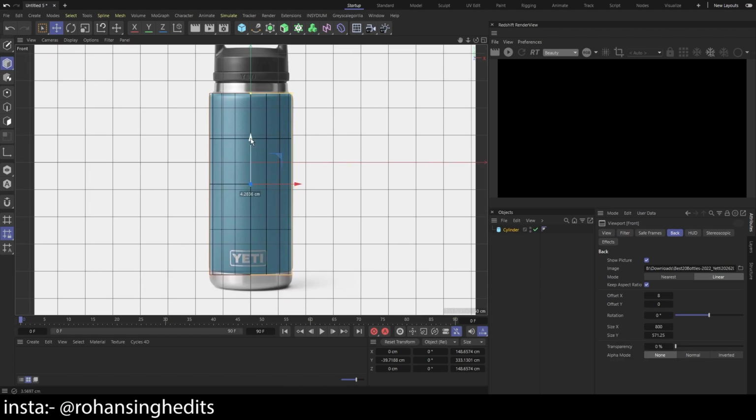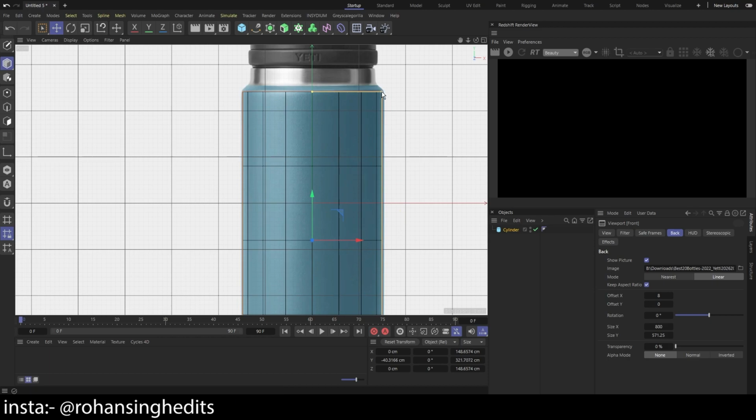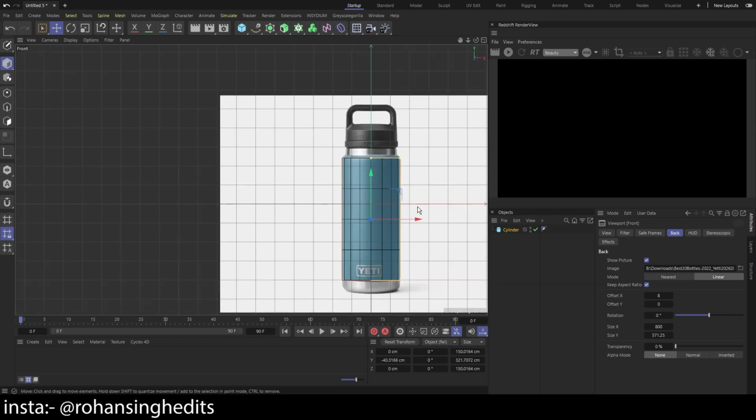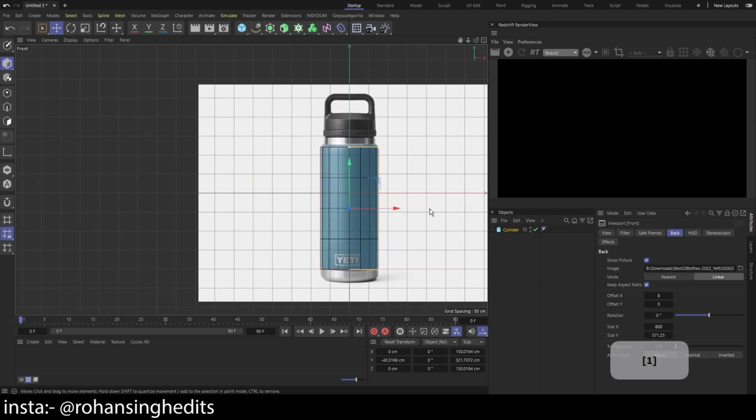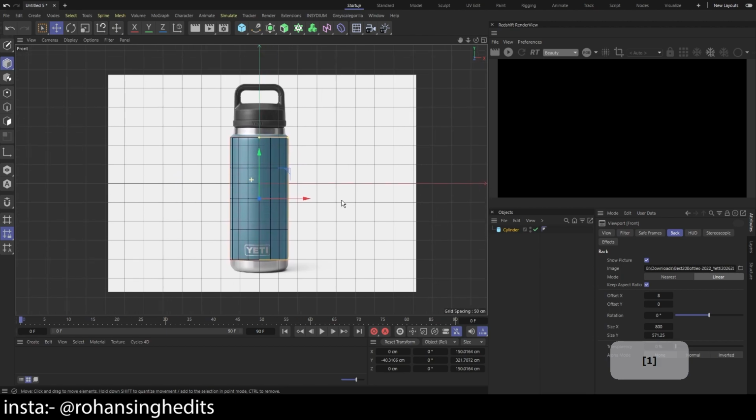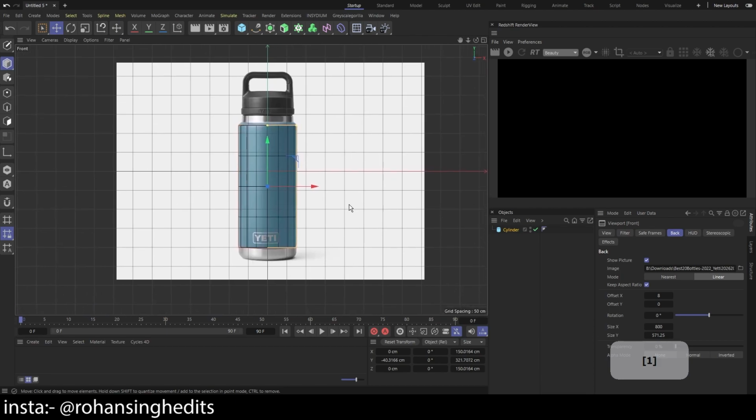I think we should make it a little bit smaller. We can make it a little more wider. I think this looks good. We can change these things, you know, it does not matter. We need to just get the base shape, and when you get that, now what we have to do is